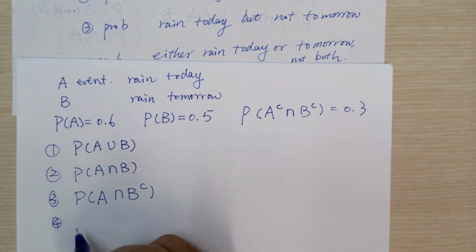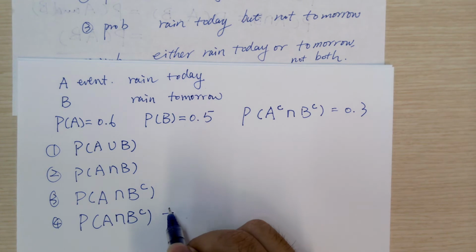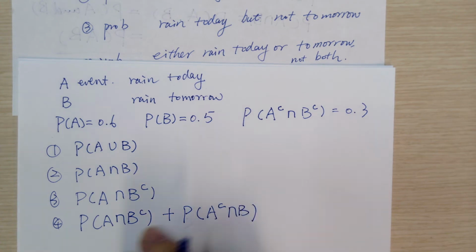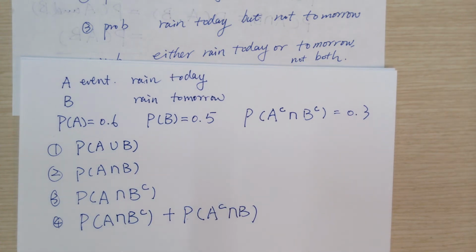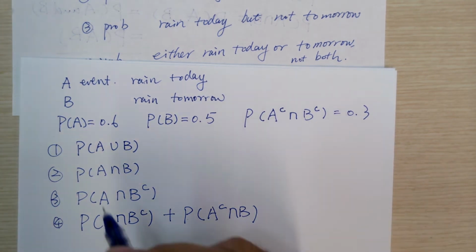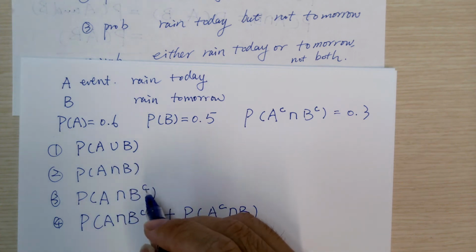If we write it down, it actually has two situations, right? Either it's rain today, not tomorrow, or it's no rain today, but rain tomorrow, right? So this transformed the problem into this. So that's what we have. So for part 1, the probability of A union B, we actually can calculate it, right,